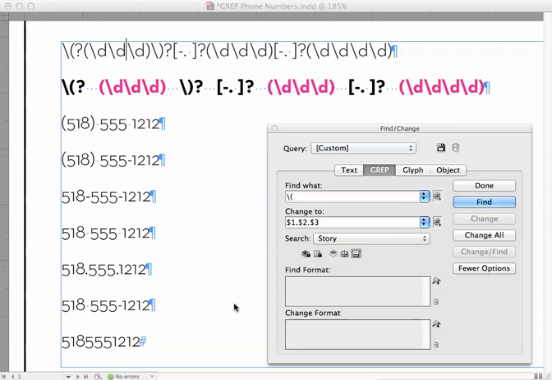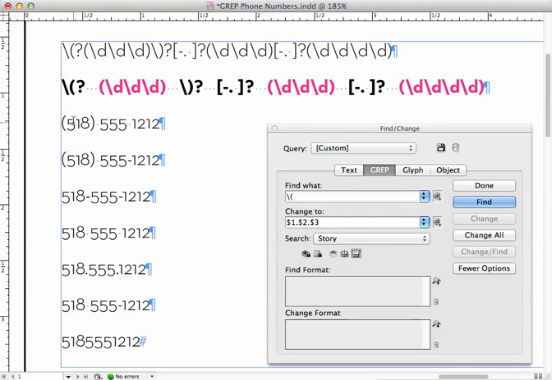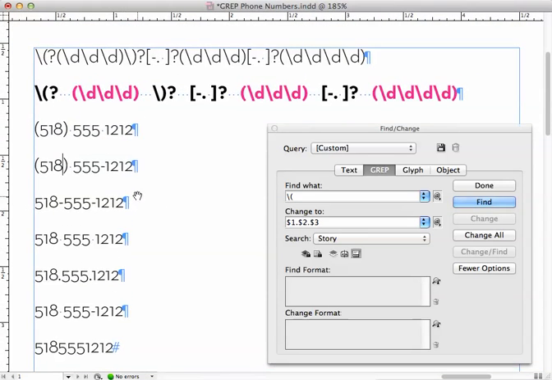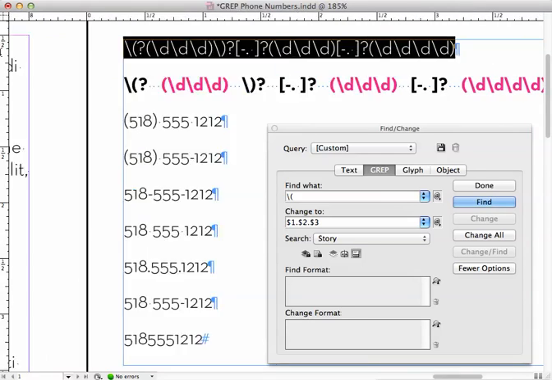Hi, this is just a quick example of how to use GREP search to normalize phone numbers that could be formatted in various styles. You might have parentheses with spaces, parentheses with a dash, all dashes, all spaces, all dots. And this code would be the GREP code